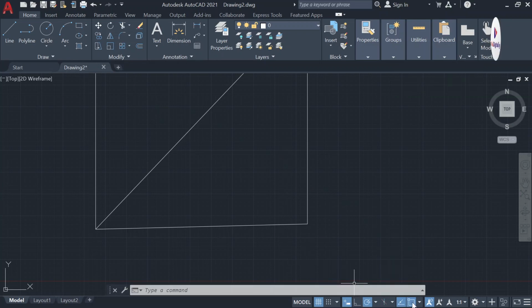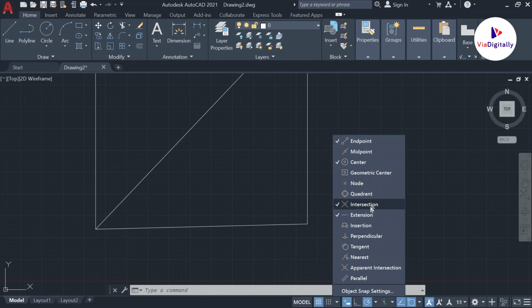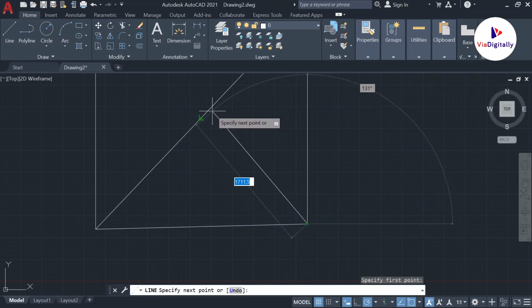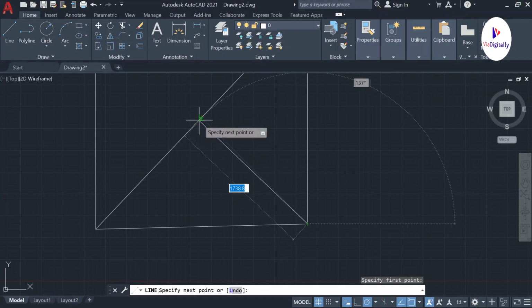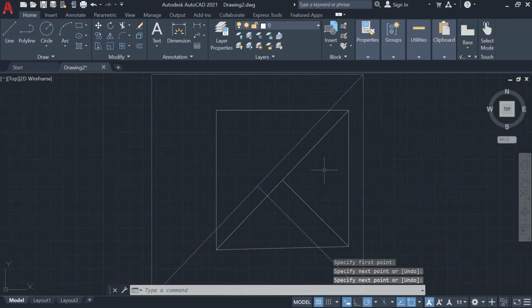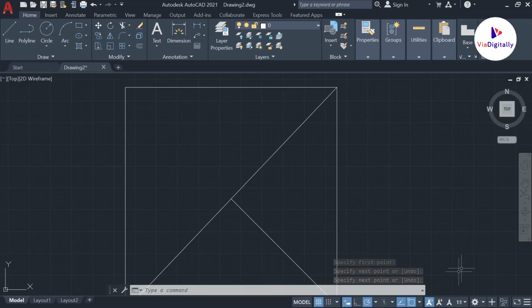So Object Snaps already provide the perpendicular OSnap tool, so we can make sure it is on and start drawing by using the line command in this way. See, you can see the perpendicular symbol on that line. Once you click on this, it will be the perfect perpendicular line for you. So this is how you should draw the perpendicular lines.